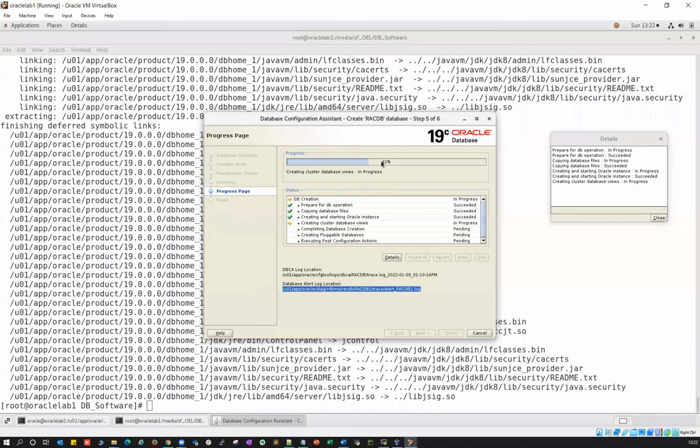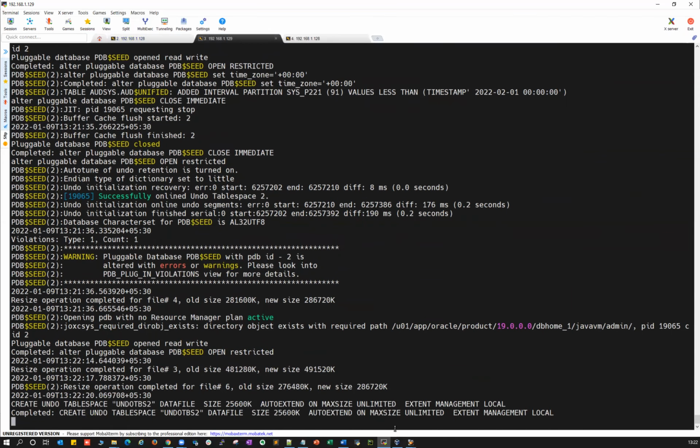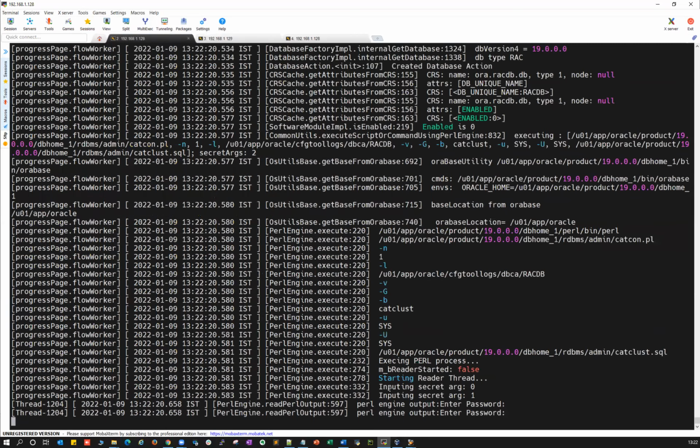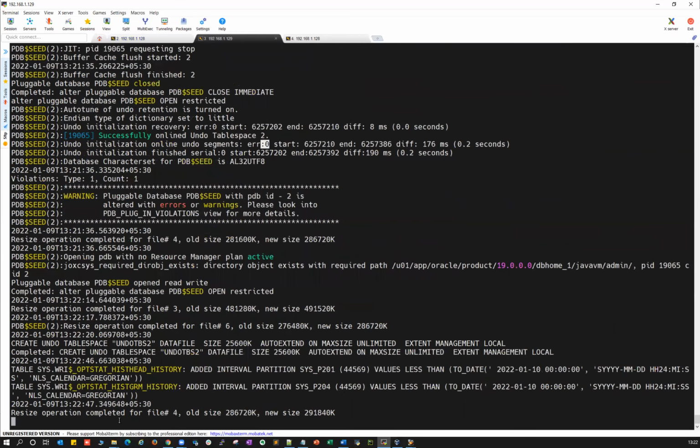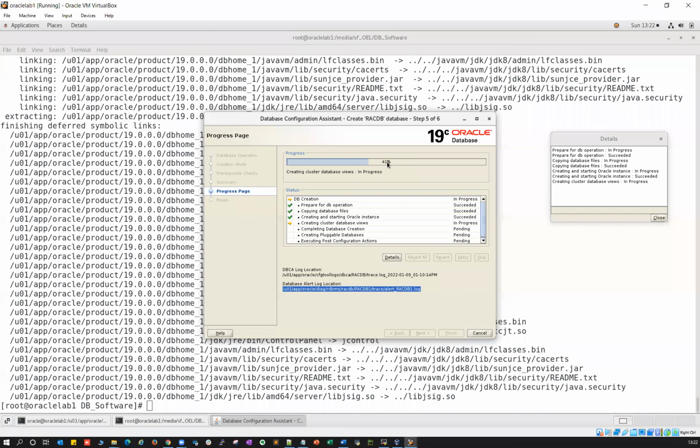Right now it is at 41%. So far, so good. Resizing operation completed. 41% completed so far.